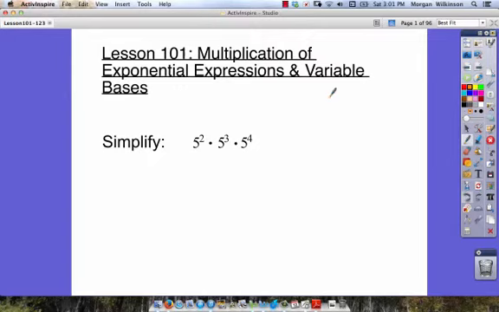Lesson number 101 is about multiplication of exponential expressions and variable bases. Now our first problem is to simplify, and we have 5 squared times 5 to the third power times 5